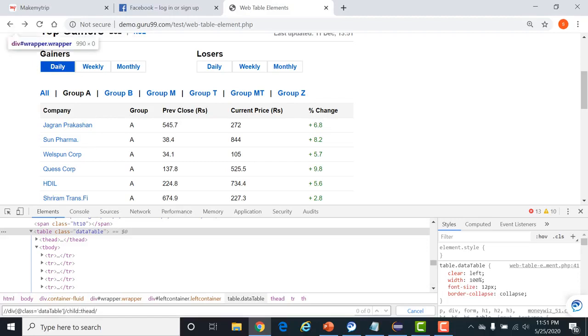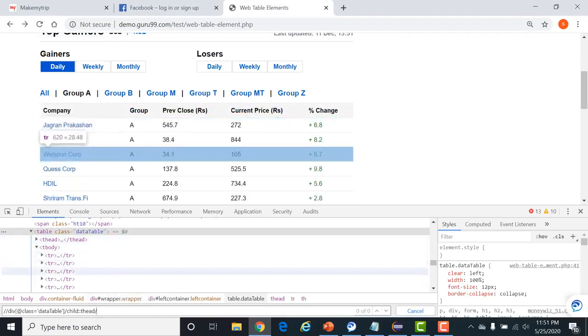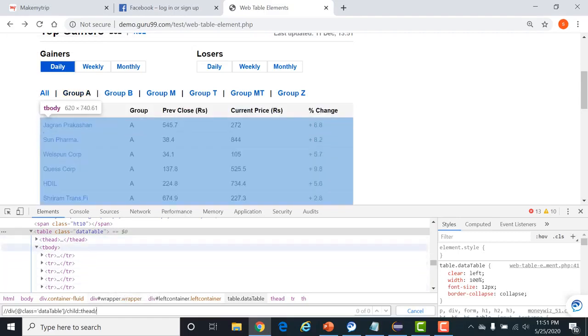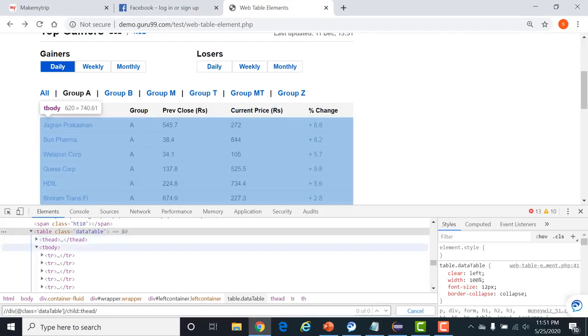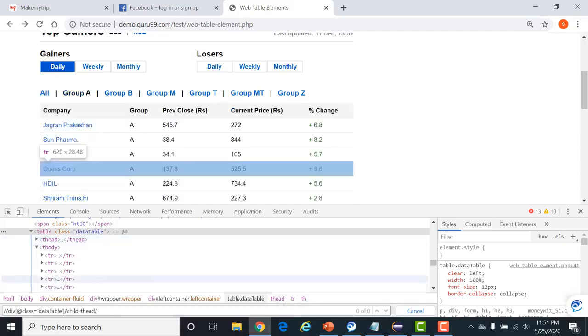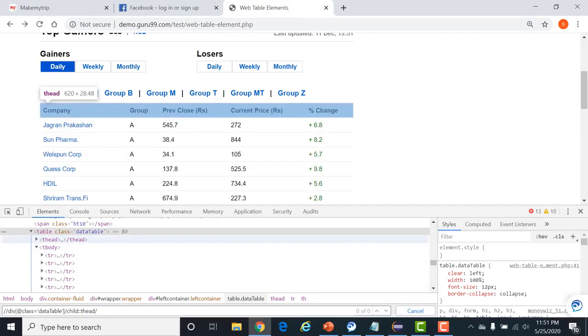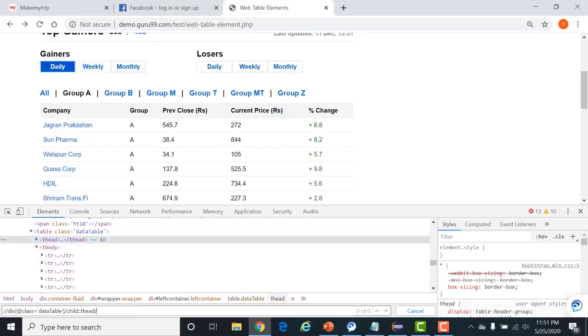After this slash, we will write following tr. Following will start searching elements after the current node, meaning right now where are we? We are at this particular location. Okay, one second.